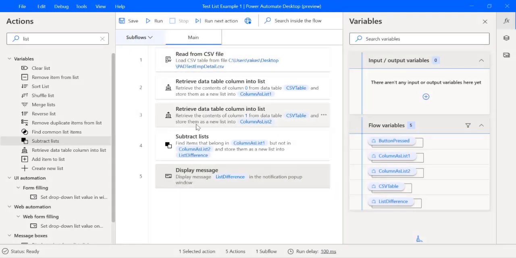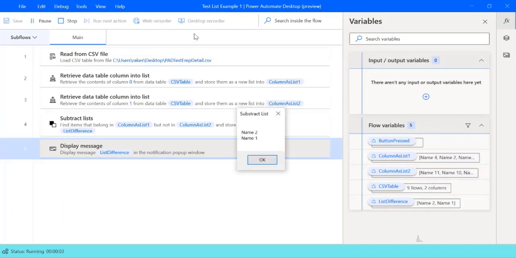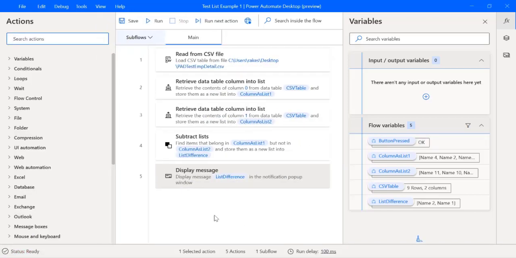Now we'll save it and we will run it. So the difference between the two lists is name 2 and name 1. So these two items are in the first list but not in the second list, so that's why it created this difference. So that's how the subtract list works.